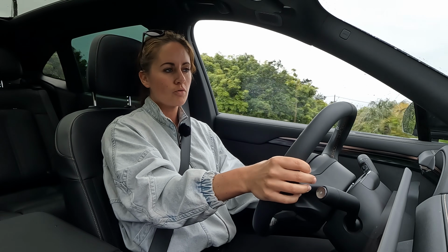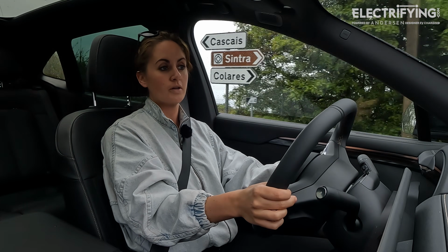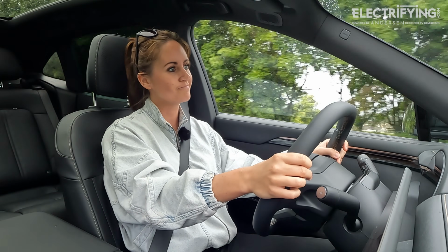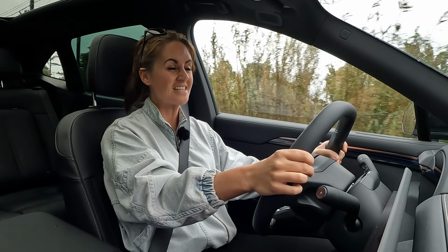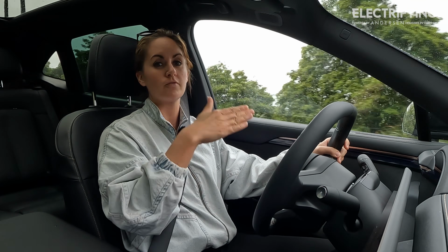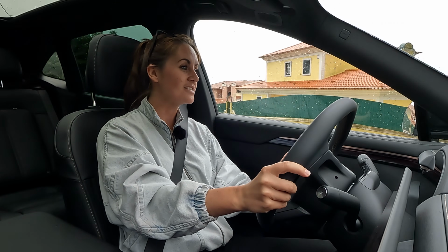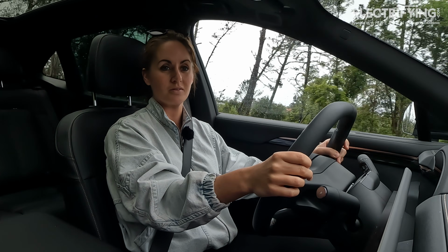This car is already out and already exists if you're in the Netherlands, or in Norway, or in Sweden. Good for you. Congratulations. It's not actually coming to the UK for potentially another 18 months, is what they're saying, because they need to obviously make a right-hand drive version. But it is coming, and I will put money on this brand doing pretty well in the UK, and I